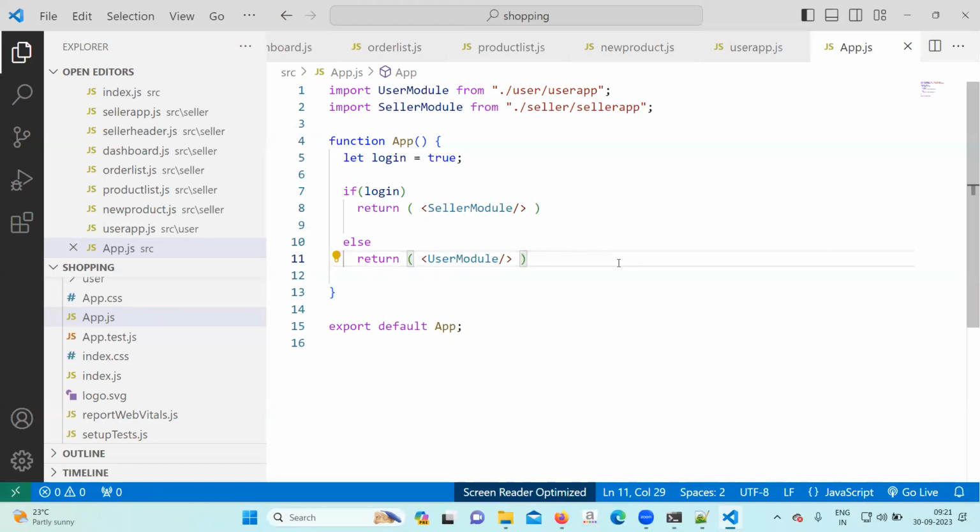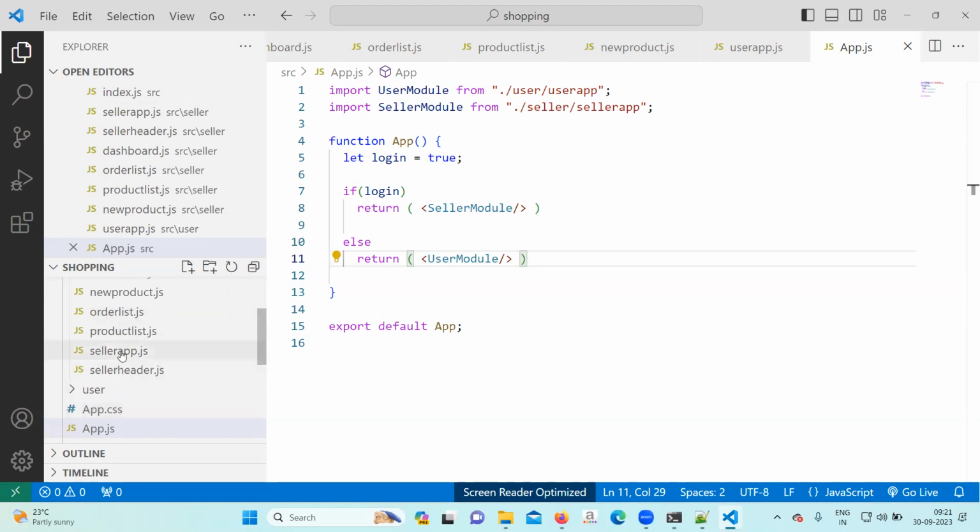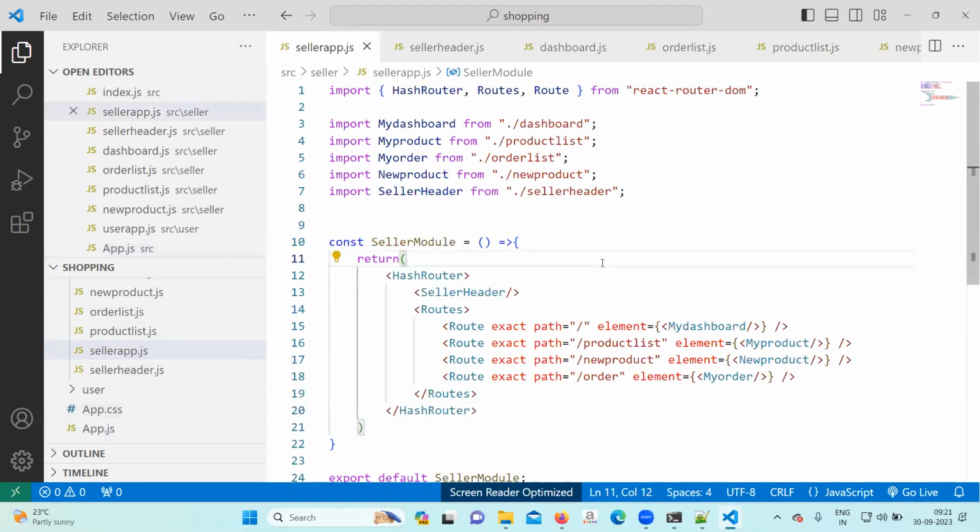Can you show the seller app.js once? Which file? Seller app. Seller app is here.